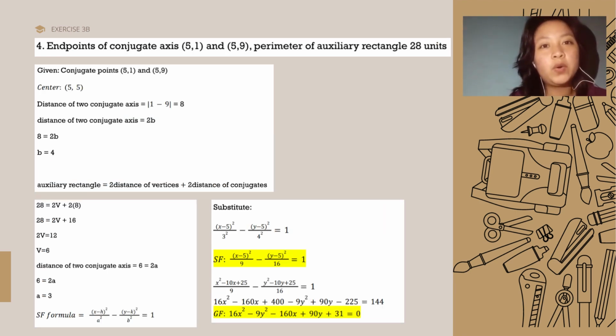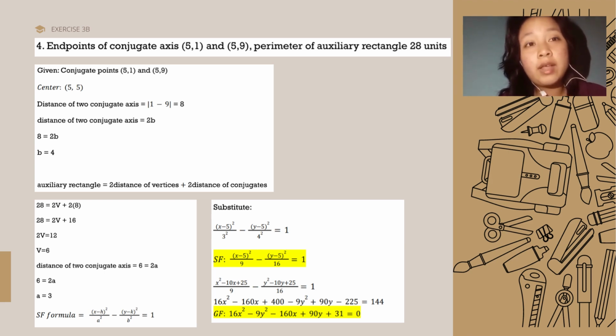So, number 4 na tayo, wherein endpoints of conjugate axis 5 and 1 and 5 and 9, wherein the perimeter of auxiliary rectangle is 28 units. So, given ang ating conjugate points, which is 5 and 1 and 5 and 9, and ang ating center dito will be 5 and 5. So, the distance of two conjugate axes is equal to 9 minus 1 is equal to 8. The distance of two conjugate axes will be 2b, wherein 2b is equal to 8 and b is equal to